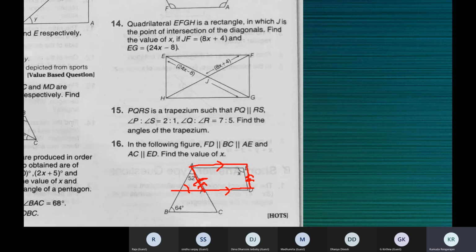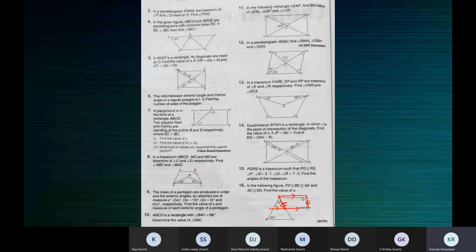All right, children. So that's it for today's session. You can try the sums whichever is comfortable for you from this material. Some of it may be a little beyond what you know. Ignore them. Just try whatever is possible. I'll share the answers. Don't try to work everything. Just select a few sums. It shouldn't become too much. Maybe you can just select 10 sums from this and work them. Just see how you can apply what you've understood.